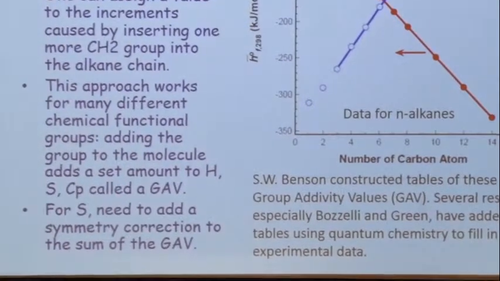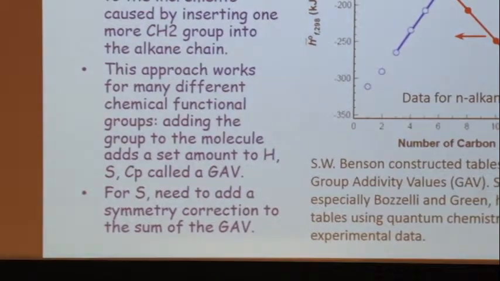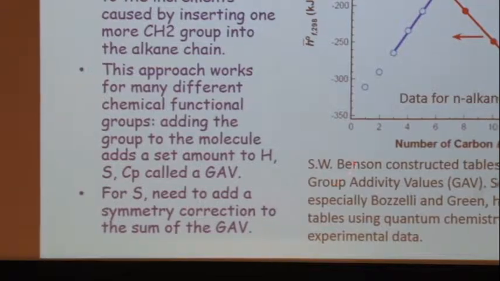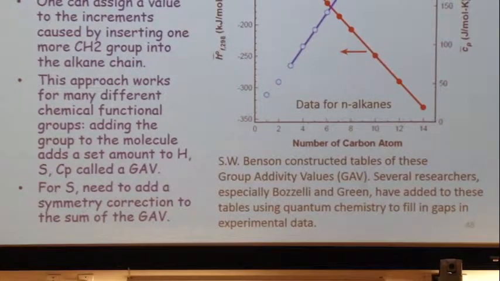And this turns out to work out for a lot of different molecules. And so there's tables where people have worked this out not just for alkanes, but lots and lots of different kinds of things. And a guy named Benson made a nice table of this back in the 70s. And then since then, people have started to add more and more functional group values to these tables. The tables are quite large, and so for many, many molecules, you can treat them like tinker toys. You glom a little bit of this, a little of this, like maybe Legos to you guys, Lego bricks. You stick them together, and then